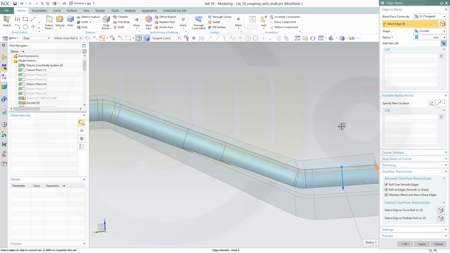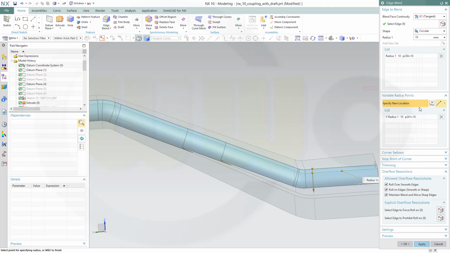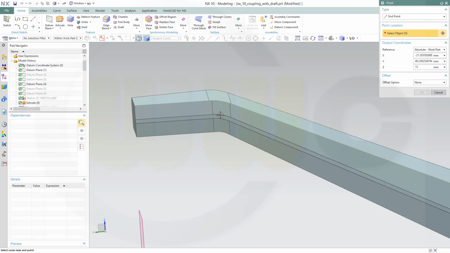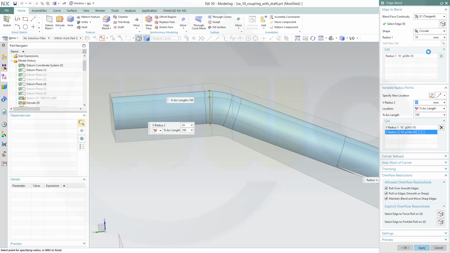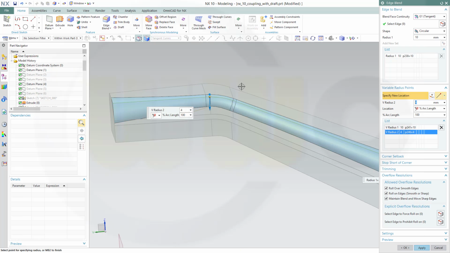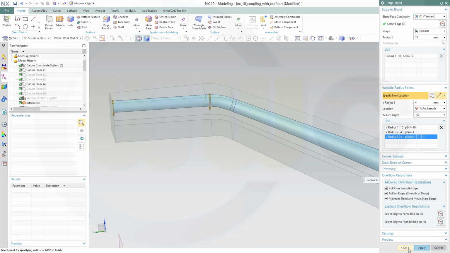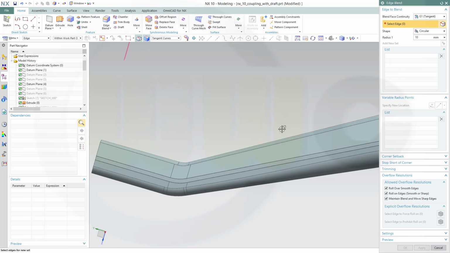Select the edge. One point right here, the upper endpoint, okay, which would be 10, yes. Add another point over here, endpoint as well. Okay, that would be 4, and this endpoint would be 4 as well. Apply. Now these edges,